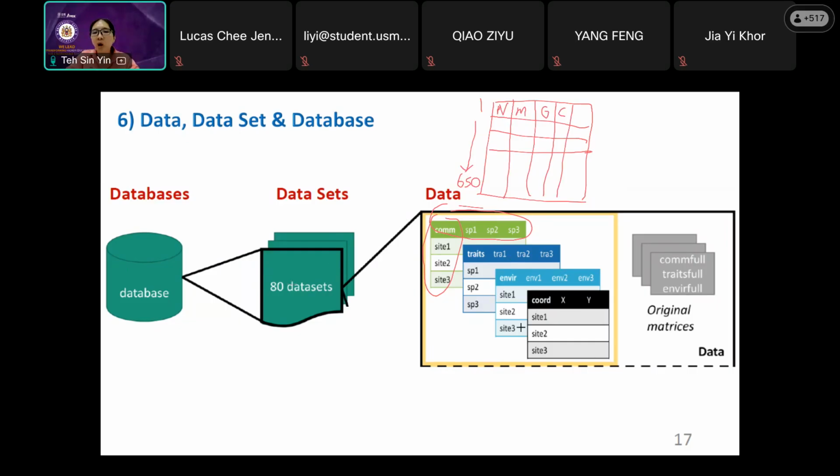And then when I compile all this data, let's say I open many Excel files, remember I told you that I'm teaching 4 different subjects. So one attendance list for one subject. I have a few data I combine together, it becomes a data set. So if I have 4 courses, the name lists for the 4 courses combined together become a data set. And when we have many data sets, we combine together and keep it in the database. So combine many data sets, it becomes a database.